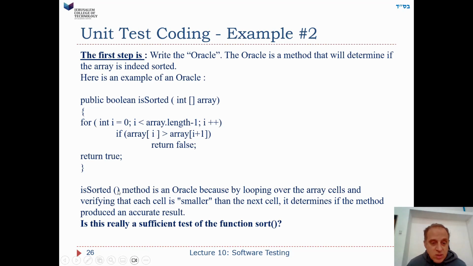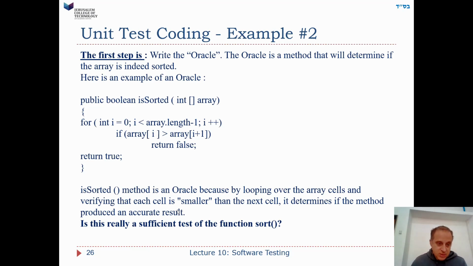Okay, so the isSorted program is an oracle, because by looping over the array cells and verifying that each cell is smaller than the next cell, it determines if the method produced an accurate result. In other words, it's an oracle in the sense that it tells me whether the result that I got is